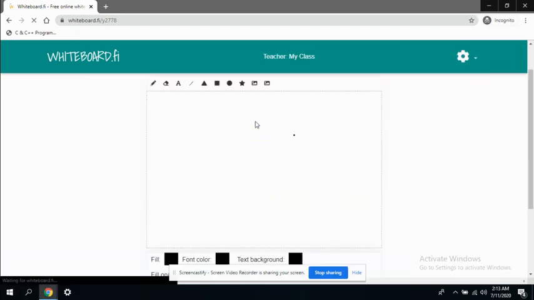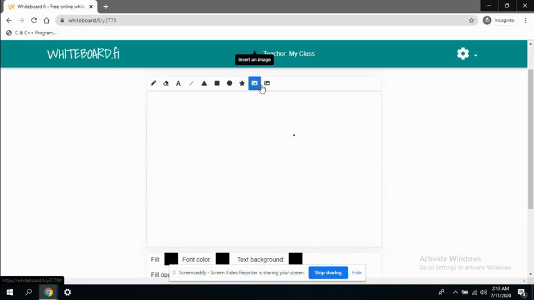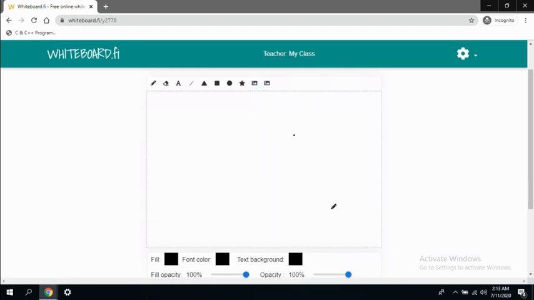students whiteboard. Okay, now you can see these two options are now available in the students whiteboard, which were not available earlier. They were available only in the teacher's whiteboard. Now they are available in the students whiteboard. Now the student can also upload an image and set a background image. Okay, now moving back to the